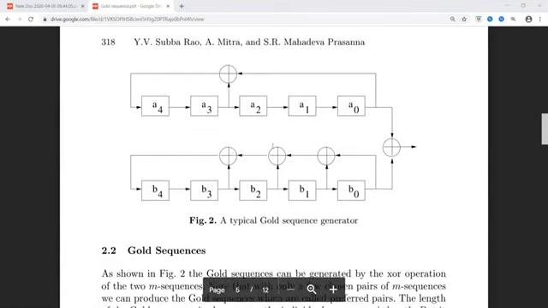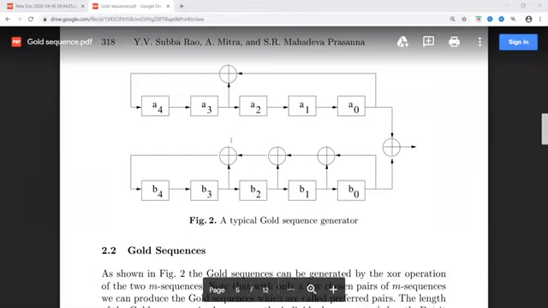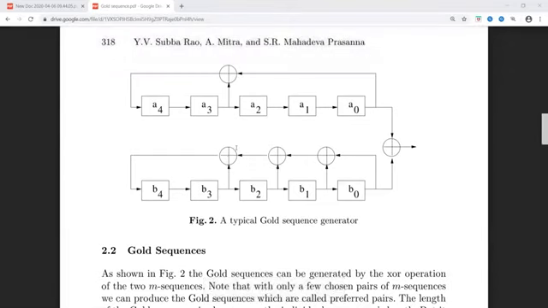This is the circuit diagram from which we are going to generate the gold sequence. See, this gold sequence and Kasami sequence both are also pseudo noise code sequences. Now why we go for gold sequence or Kasami sequence is that the security you can get in just a conventional PN code sequence is not that good.